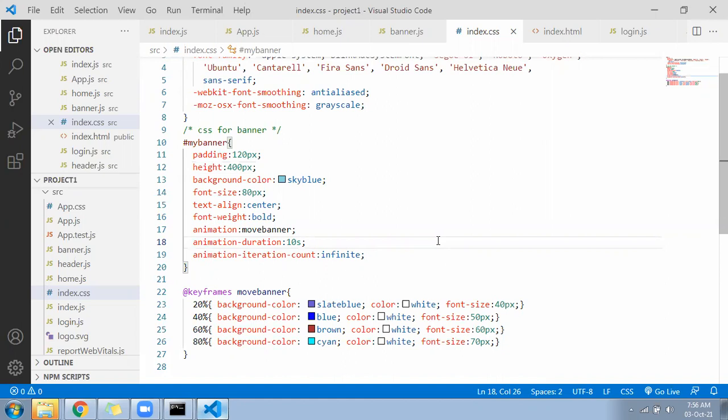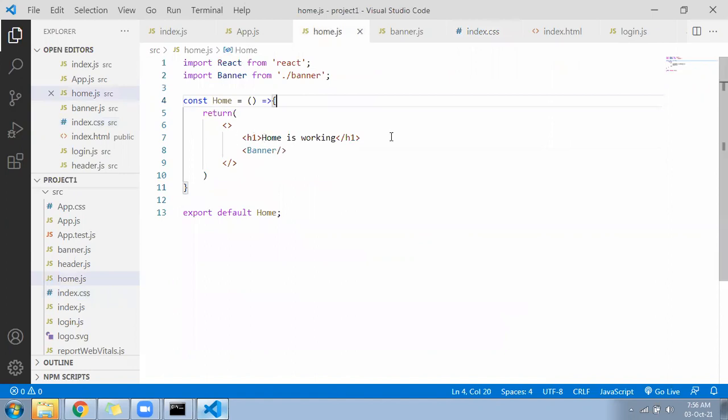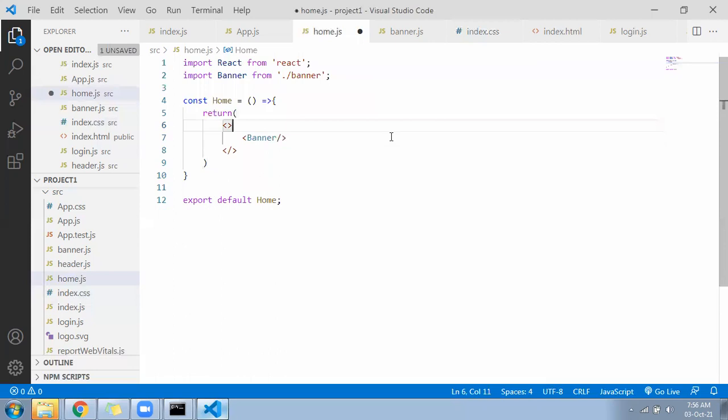Let it be only banner. First will be banner. After banner, we will add the product list and something else. Keep only banner. This is an empty tag so that it should not break the rule of JSX.